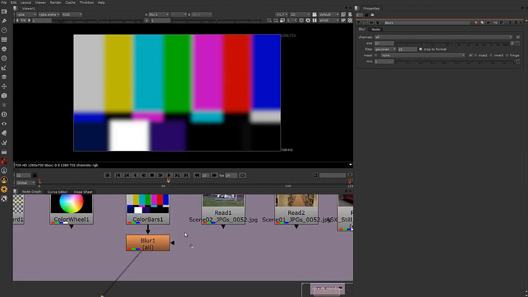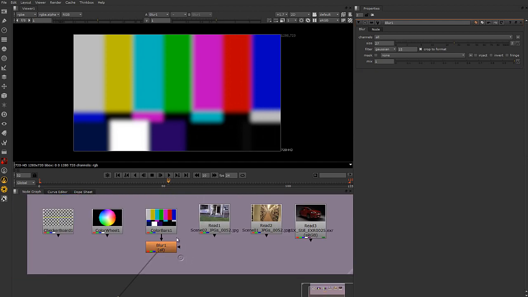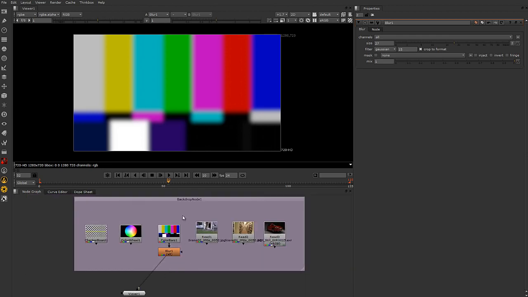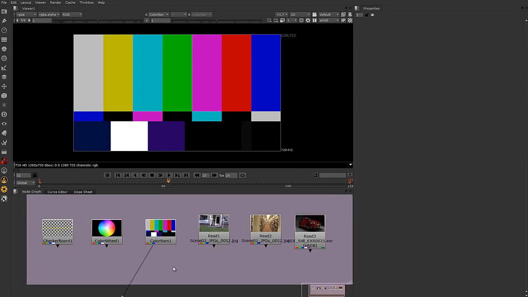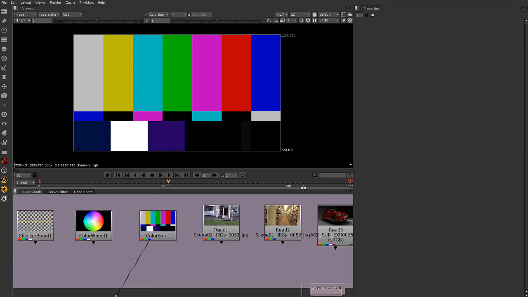Now notice if I only drag over half of the node, it's not selecting. You have to drag over the entire node for it to select. So I could drag over the entire bottom node, but the top node won't select. But if I go all the way over both, then it will select. So be aware of that: you do have to select the entire node using the marquee tool in order to select it. So with that blur node deleted,